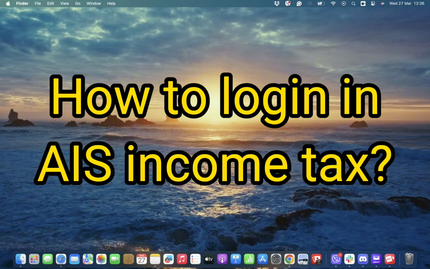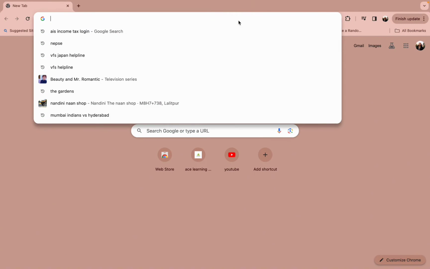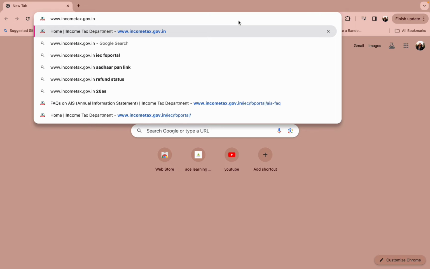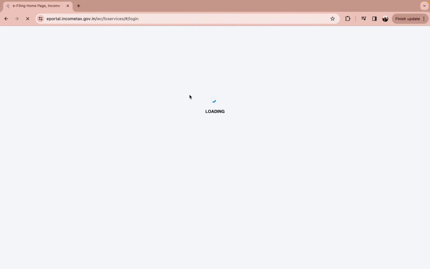So to get logged into your account, all you need to do is simply open a web browser of your preference and type in the URL www.incometax.gov.in. Once you do this, you will end up on the official page of the Income Tax Account. So simply hit the login option, and once you tap on the login option, you will end up in this kind of interface